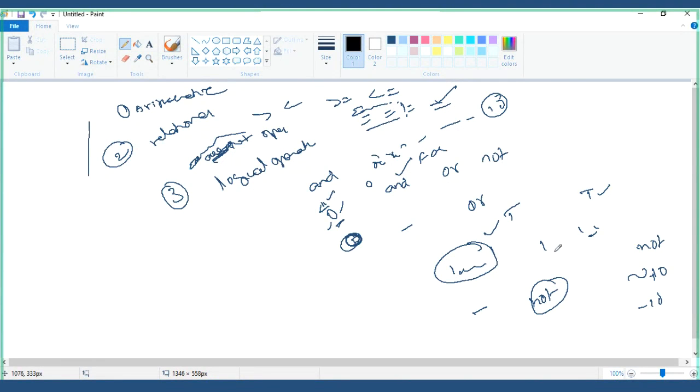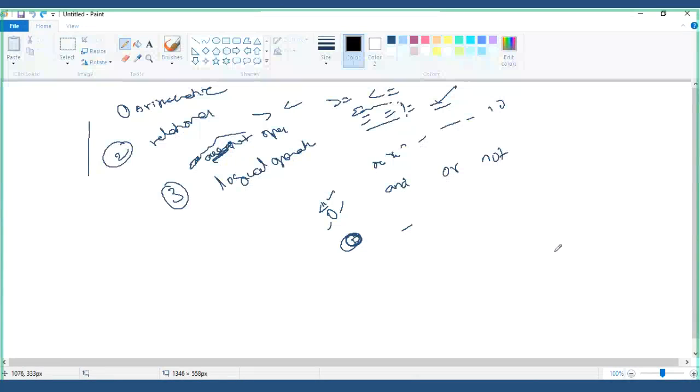Okay, and next, till here we have discussed the operators. We still have bitwise operators, we still have the shift operator, and we still have the assignment operator, that is the equal to operator, where increments and decrements and everything are there. And the ternary operator. These are the remaining things we are going to discuss. So now let's go ahead with the bitwise operator.